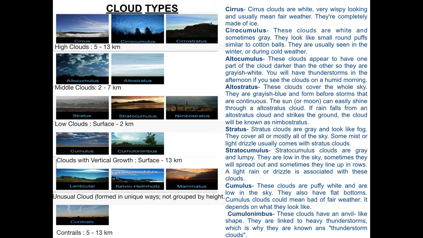Stratus is like layers, and it covers a wider range of the atmosphere. And then we go to stratocumulus and cumulus. These are the ones which mostly give the rains to us, because in fact cumulonimbus is the black cloud which gives the rain. Okay,